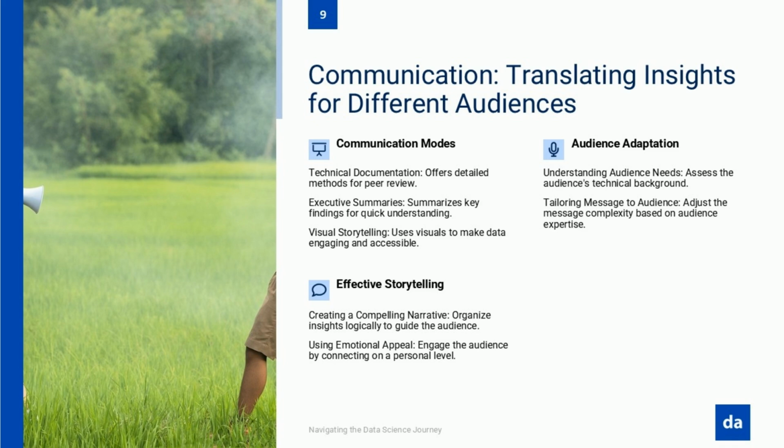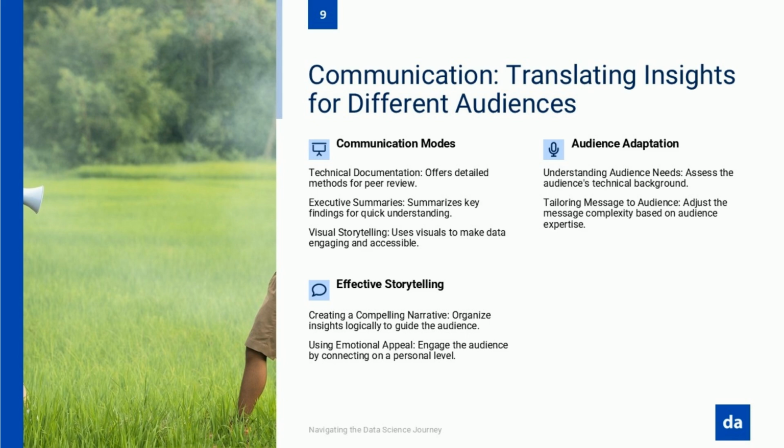Effective data storytelling follows a structure that guides audiences from curiosity to comprehension to action. Start by establishing context that connects to your audience's existing priorities. Present your key findings in a logical sequence that builds toward your main conclusion. Then translate those findings into specific recommendations that stakeholders can act upon.